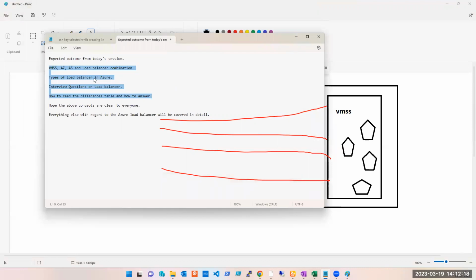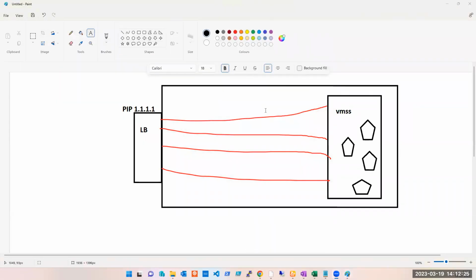So before I proceed with those topics, I want to clear it here. If not, before I proceed, I have a question for you guys. My question was, this is a load balancer we're talking about, and here I have a virtual machine scale set. Now you know that even if there are 4 machines, 5 machines, or 10 machines, users will have only one public IP, and in the backend these machines will keep changing. So is it a complete solution, or did I miss something? What am I missing here, which you guys don't know? Is it a complete solution, you think?